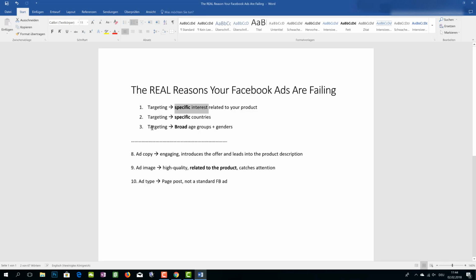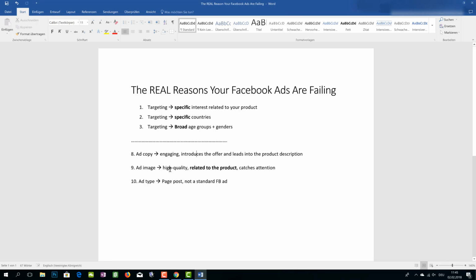So you want to find an interest combination that works for your product. If you get that, you can use it over and over again, and you'll find once you get this part right, a lot of different products and a lot of different ads will all convert. Having said that, of course, you still want to do a decent ad, so it's far less important and it won't matter unless you get the targeting right, but I'm just going to give you a few pointers